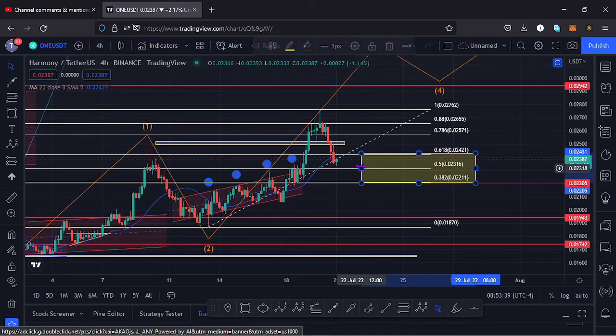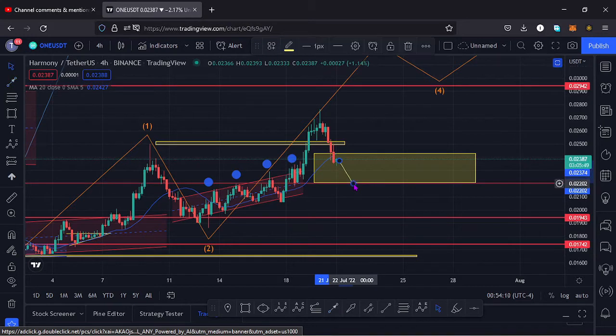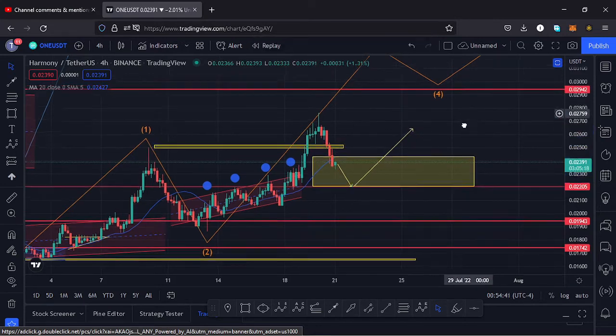And before that plays out, this retracement to the lower side gives me the very first key scenario that I expect to play out over here. Now that we are in this target area that I have drawn out using the Fibonacci's as the minimum area that I expect this retracement to get into, it's possible that we might continue breaking to the lower side. And if that happens, down here we have an area of support at around the $0.02205 mark, and that area perfectly coincides with the fib level 0.382, and I expect that area of support to hold once we get to that area, and then have a reversal to the upper side and break above this key area of resistance,